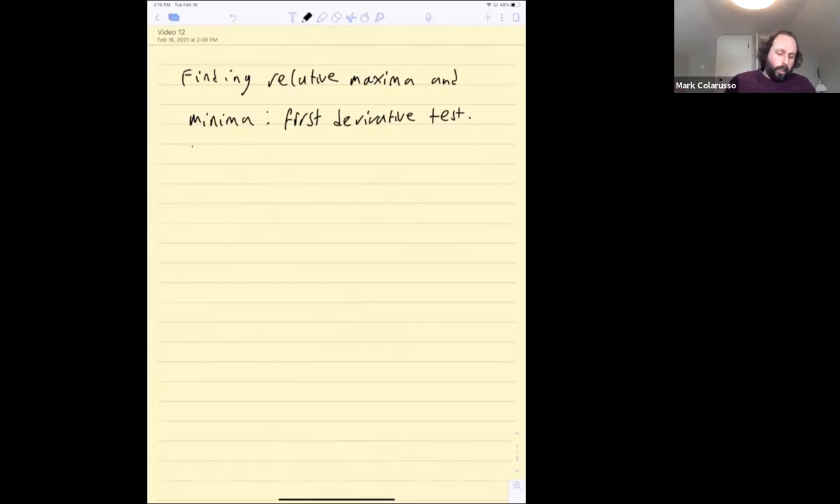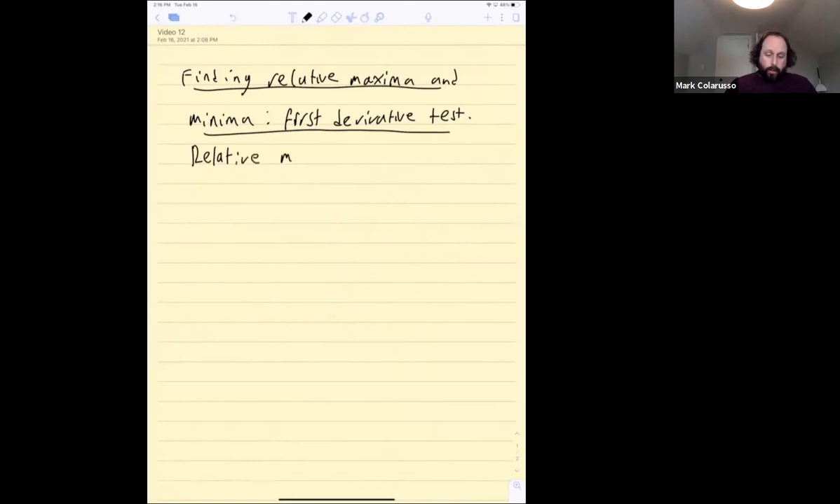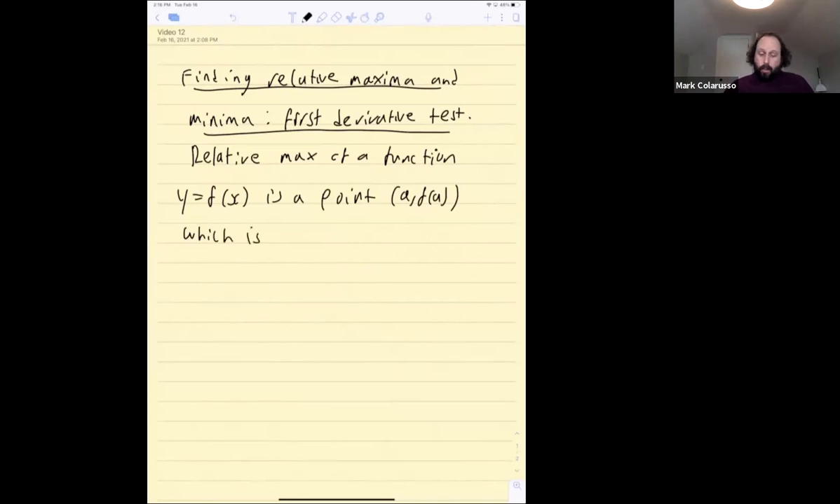So let me just remind you, the first part of our topic today is going to be finding relative max and min. So let me just remind you what they are. A relative max of a function y equals f of x is a point, say a, f of a, for which the value of f of a